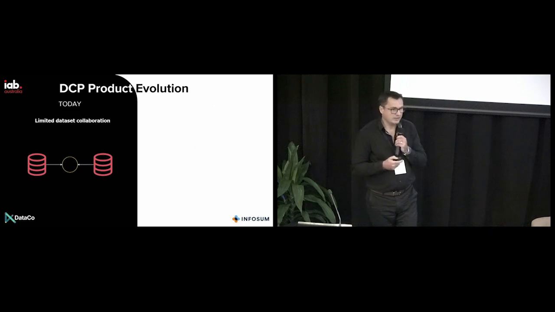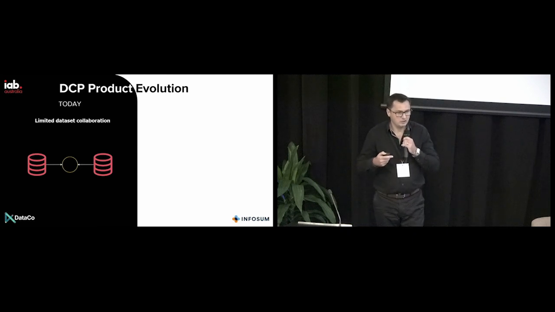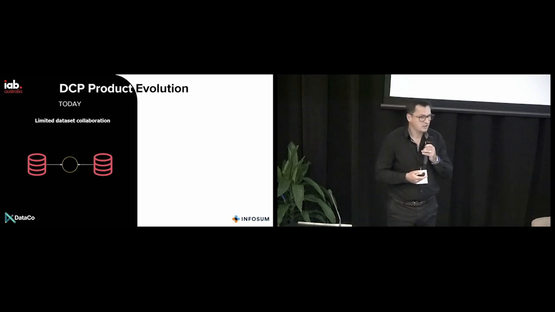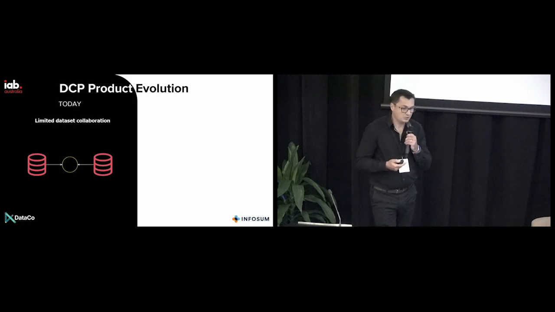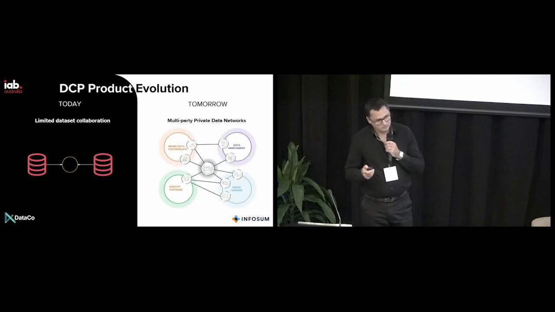Final one for product development here is one of the big benefits of using mathematical representations is the speed that you can work with. It's just calculations going against each other rather than data being processed. And traditionally, you've had a problem with data clean rooms, which is very limited amounts of data sets that can be collaborated within. Maybe 2, sometimes 3, but that's all going to change. We're going to see a huge amount of different data sets being able to be collaborated with each other at the same time, based upon various levels of permissioning that can be given or taken away at any moment. And people are going to build their own private data networks.